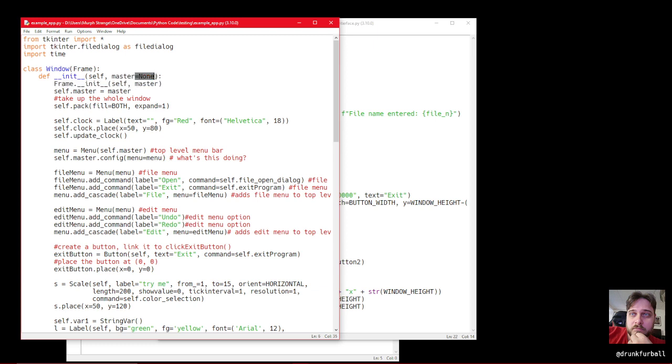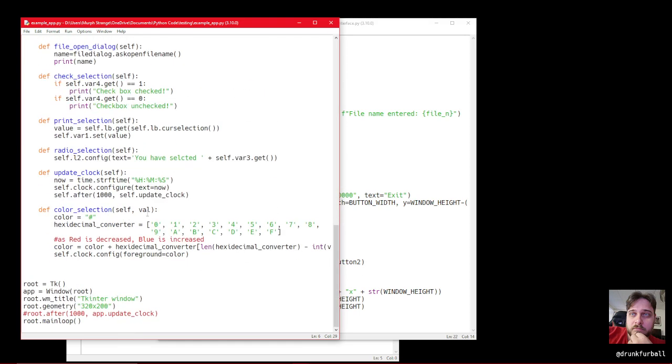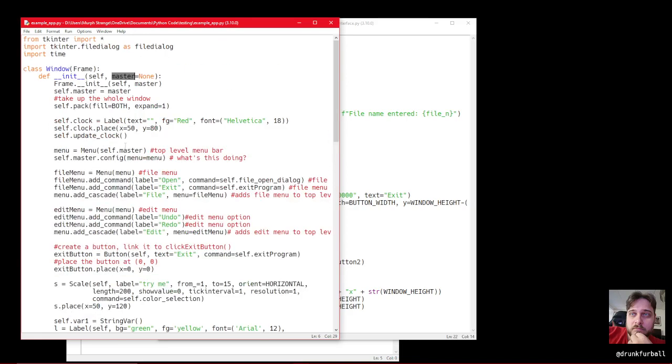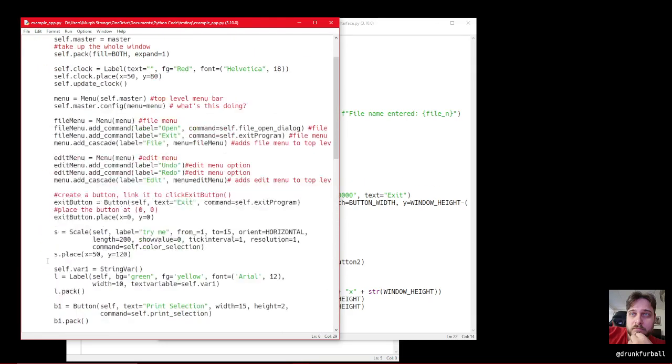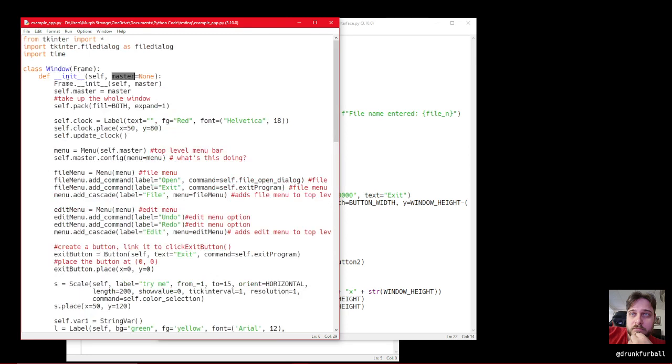Like, for now, just ignore this part, because we set one up here and we passed it root. So basically we're attaching our window to root. We're using the frame's default init class to do that. And then we're also going to make sure that we tell our extended frame, the window class,